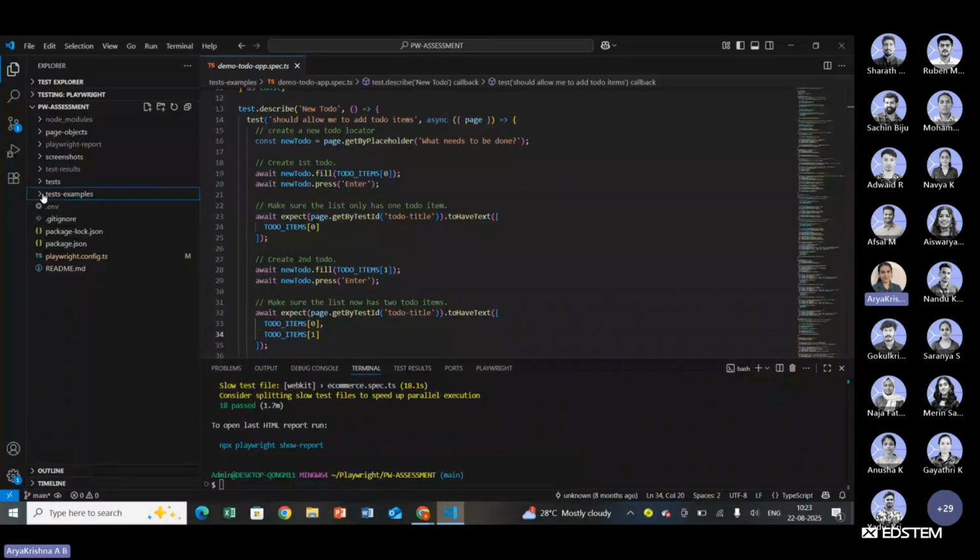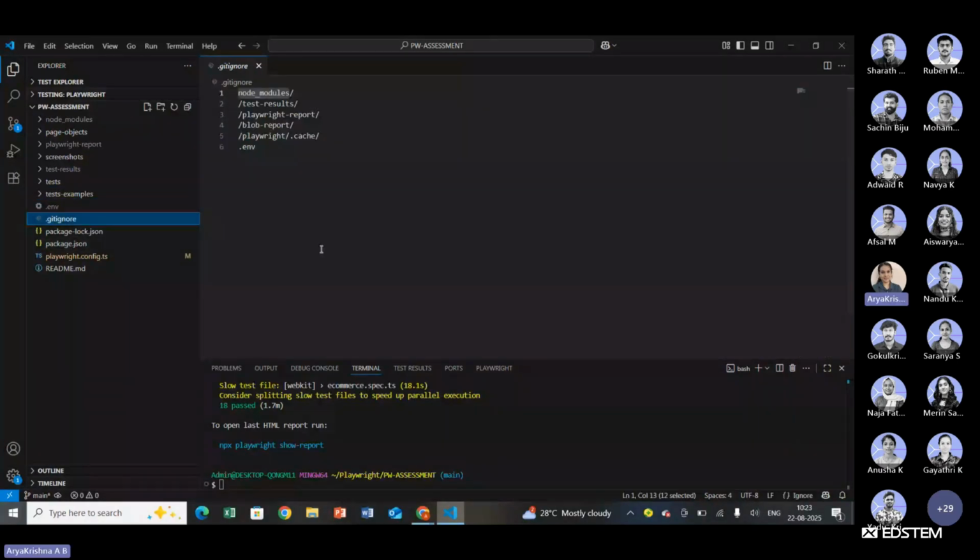Then we have gitignore. I believe this is also something you must be aware of, that you are using in your projects. Gitignore will automatically add the folders that you don't want to commit into your Git repository. So say here, node modules, my test results, the Playwright report, the env file. These are the things that I don't want to commit into my Git repository, so I can avoid them using this gitignore. Then what we have is